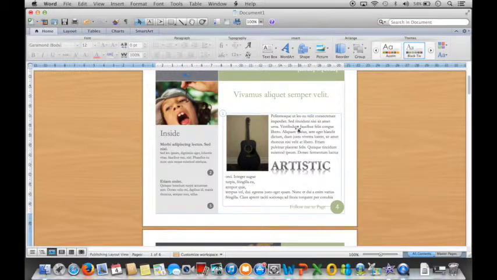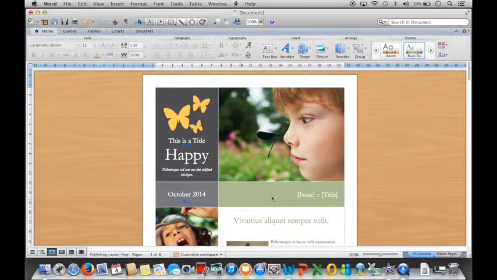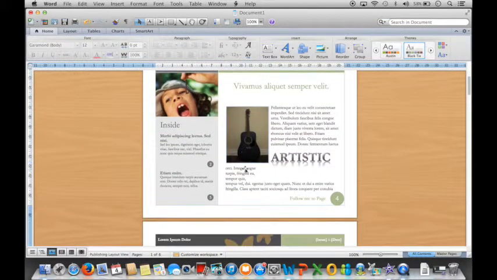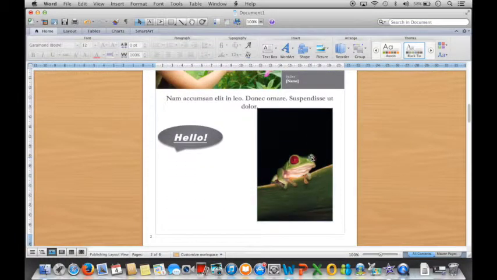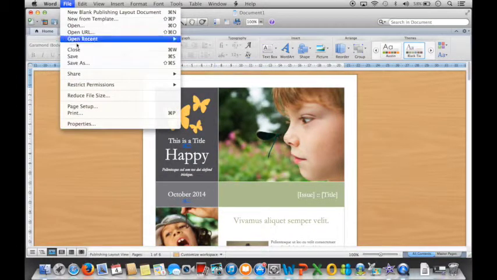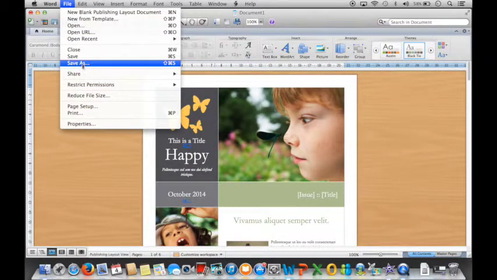Once you've made all the adjustments in your newsletter, including text, images, word arts, pictures, and clip art, what you would do is go to File, click Save or Save As. So I'm going to choose Save As,